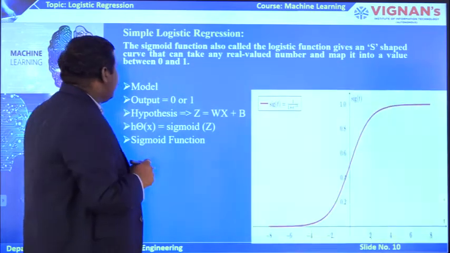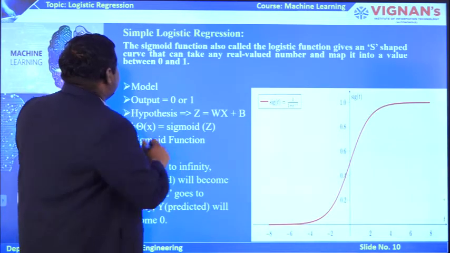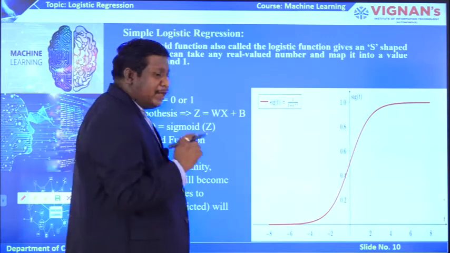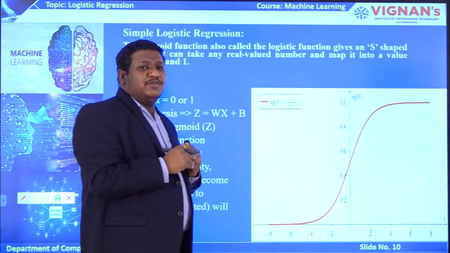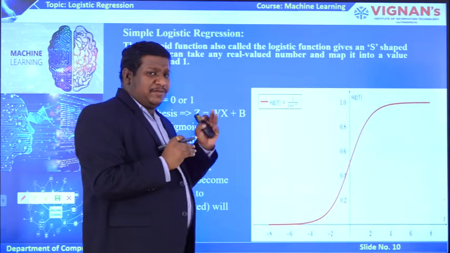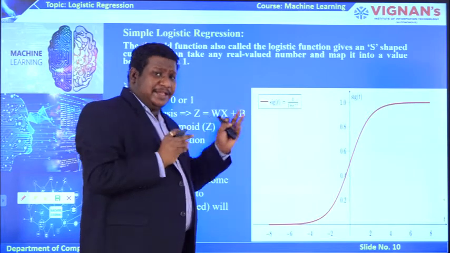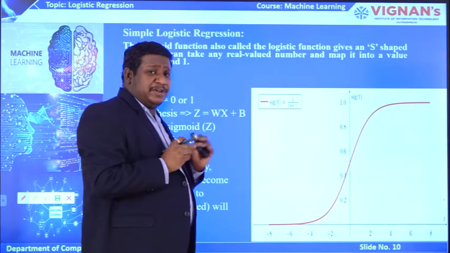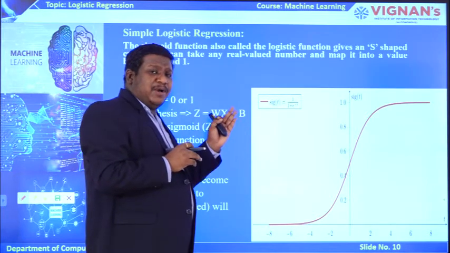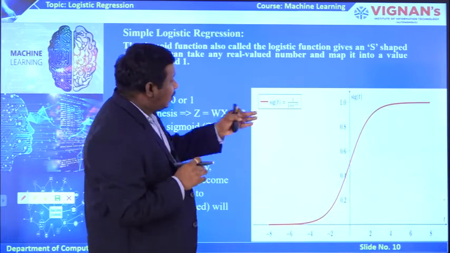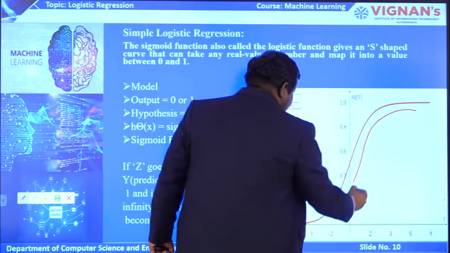See, simple logistic regression, how it can be used. Take the sigmoid function. I told you already, we are using a function here in logistic regression. By using that logistic function, we are going to calculate the function values of this regression model, and the function we are taking can be called the sigmoid function, and the curve generated from that function can be called the sigmoid curve or S-shaped curve. This curve can be seen here like this. See this S-shaped curve.